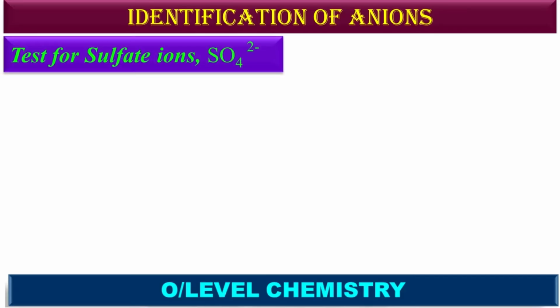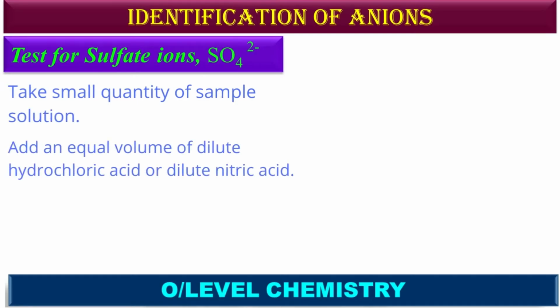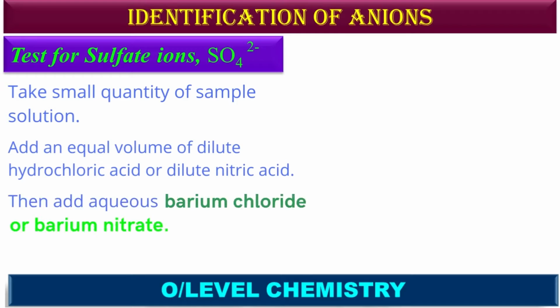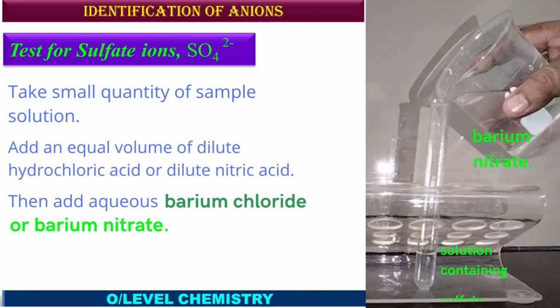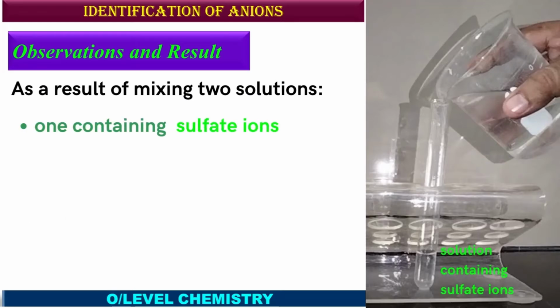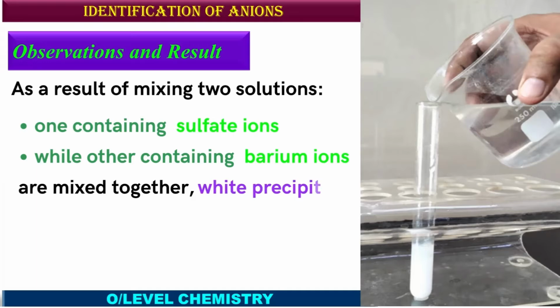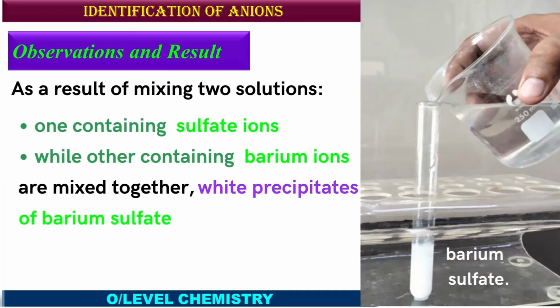Now we will see the detection of sulfate ions. See how we detect sulfate ion. Take a small quantity of sample solution. Add an equal volume of dilute hydrochloric acid or dilute nitric acid. Then add aqueous barium chloride or barium nitrate, as shown in the picture. Observations and results: when 2 solutions, one containing sulfate ions while the other containing barium ions, are